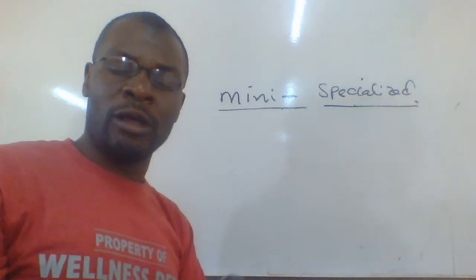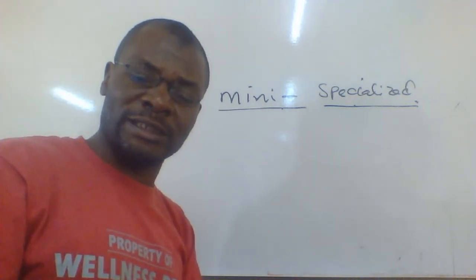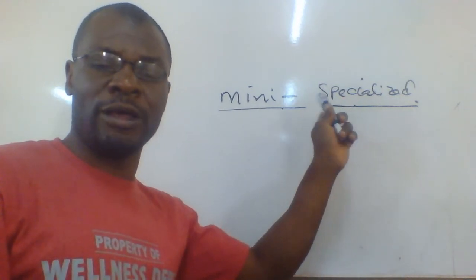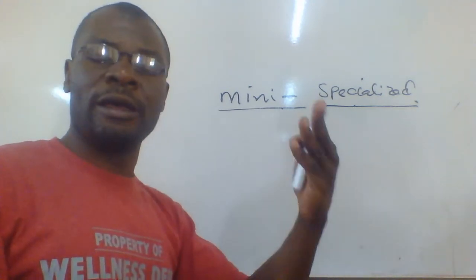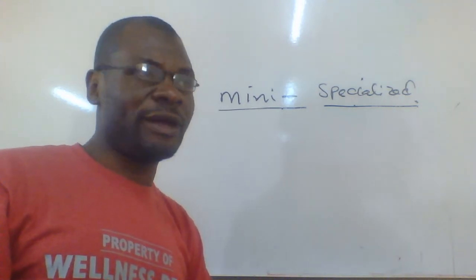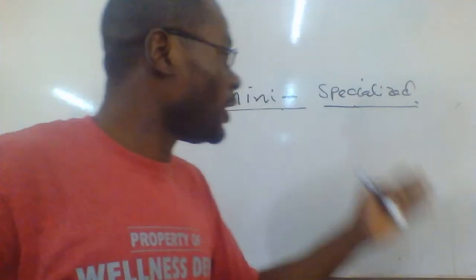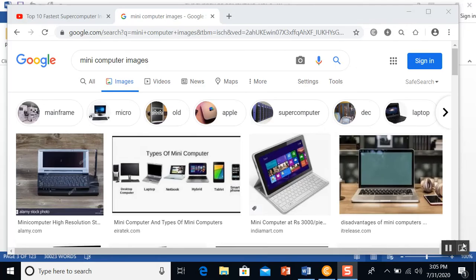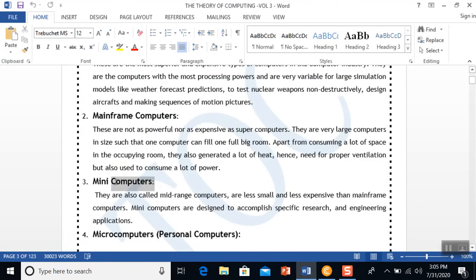So if you want to be loading the packets of Miri-Meal, the bags of Miri-Meal, we want a machine that can do that. You are looking for a specialized computer. We call these the mini computers. Them being specialized and being used mostly by the industries, they are very expensive machinery. You find them in the mining sector, the industries like Trade Kings. Those in Zambia, they can manage to have one of these mini computers. So amongst the computers on the list, mini computers are specialized.